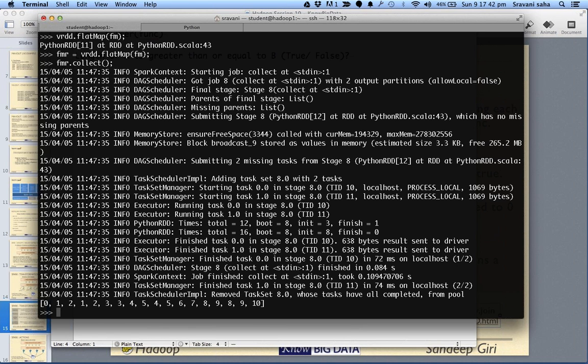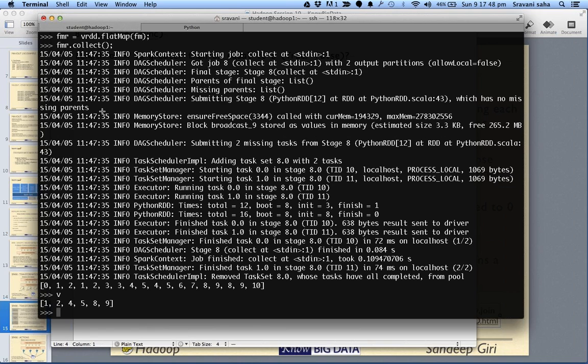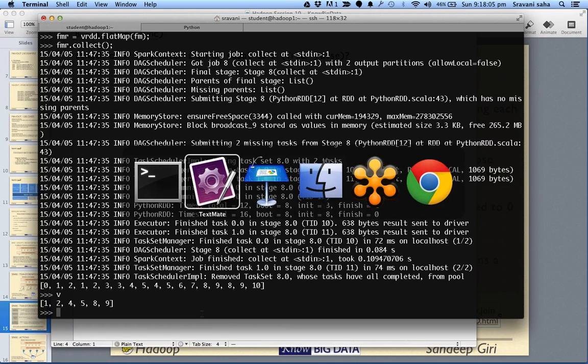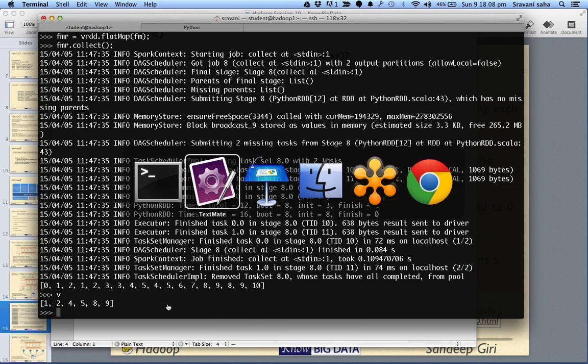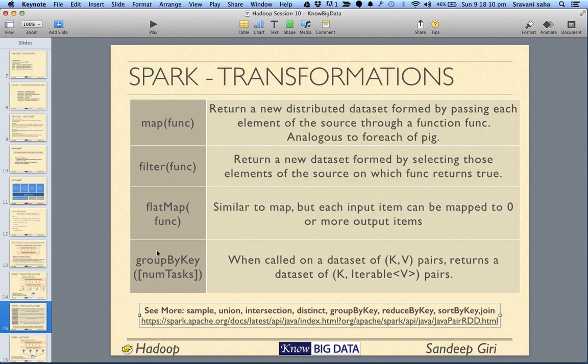So you can see that each of the values in v has been converted: 1 has been converted into 0, 1, 2. 2 has been converted into 1, 2, 3. And 4 has been converted into 3, 4, 5, and so on. So everybody with me here? Great. So we were able to convert one value into more.